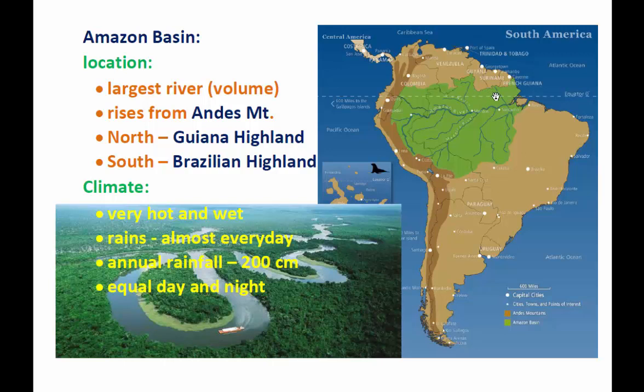This Amazon river basin is bounded by Guiana Highland in the northern part of South America, and in the south by Brazilian highlands. It is a highland, not a very high mountain. As far as the climate of this area is concerned, it is very hot and humid or wet throughout the year. It almost rains every day, so the rainfall is very heavy in this region. The annual rainfall is 200 centimeters, and being an equatorial region,